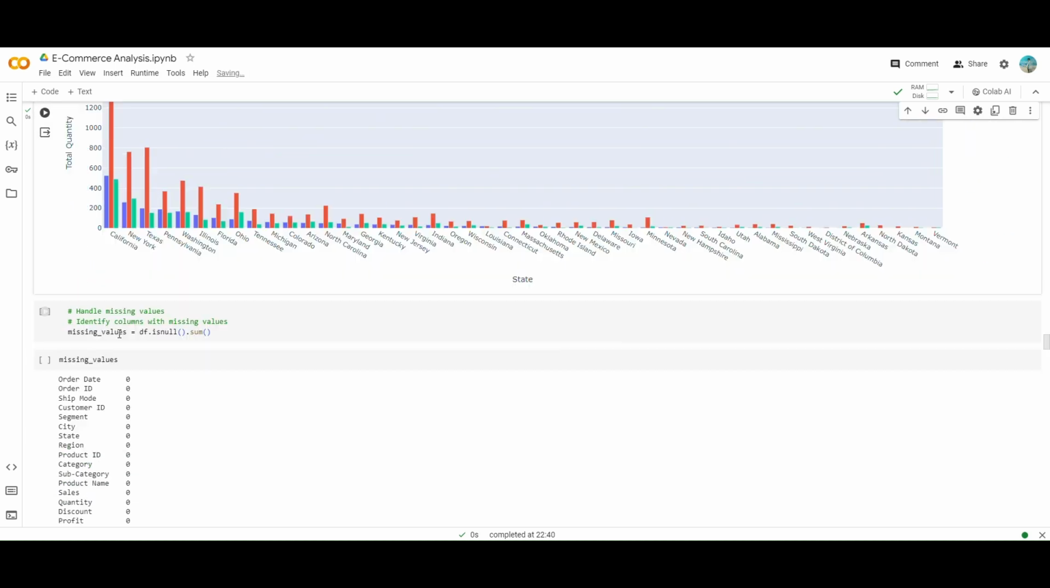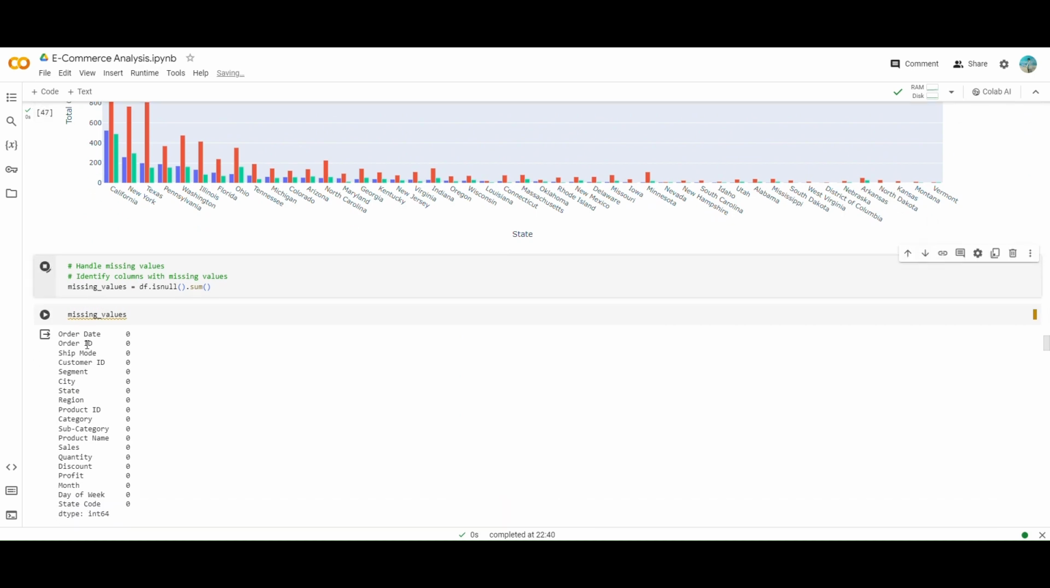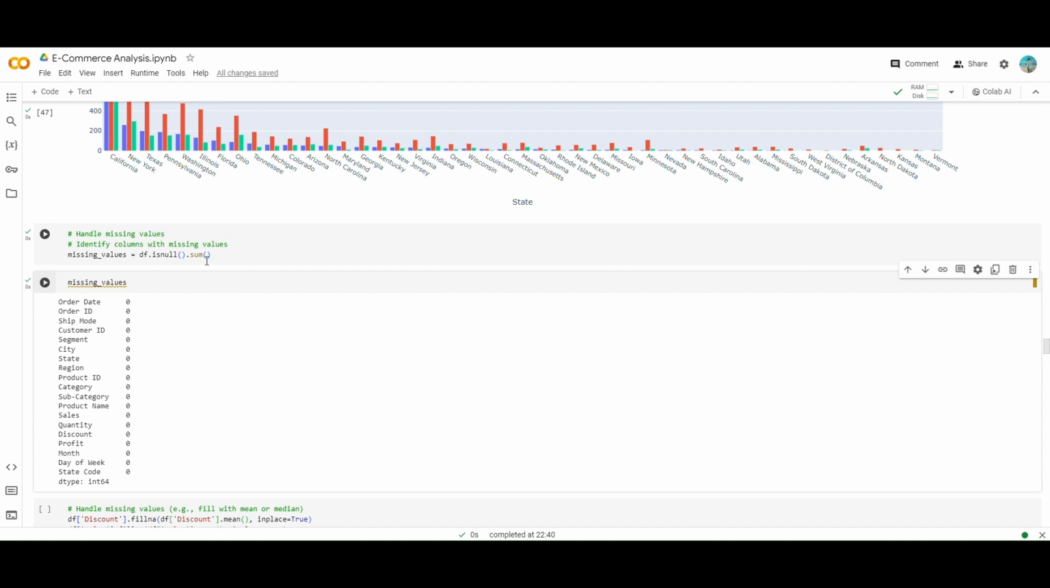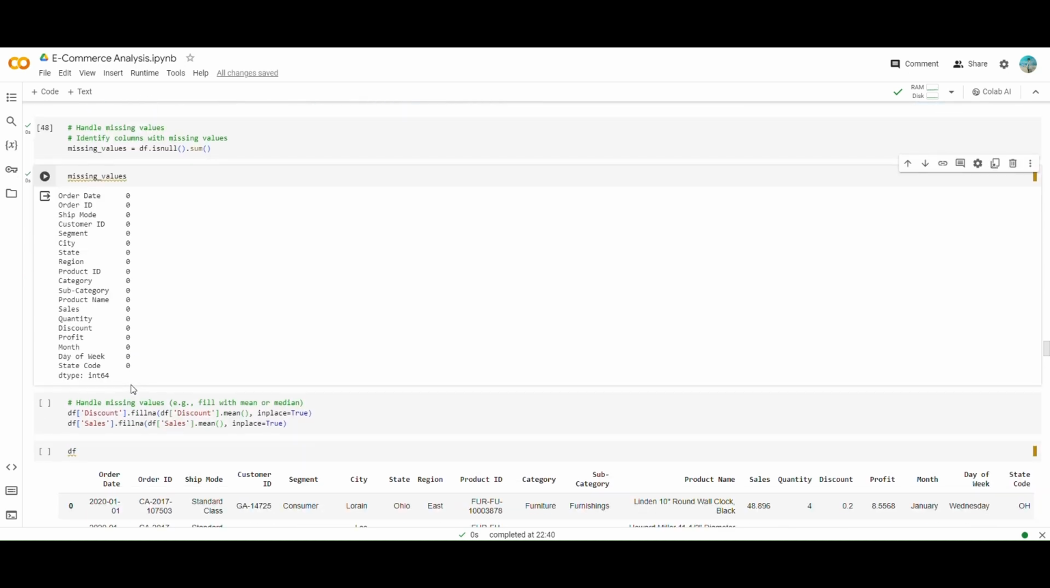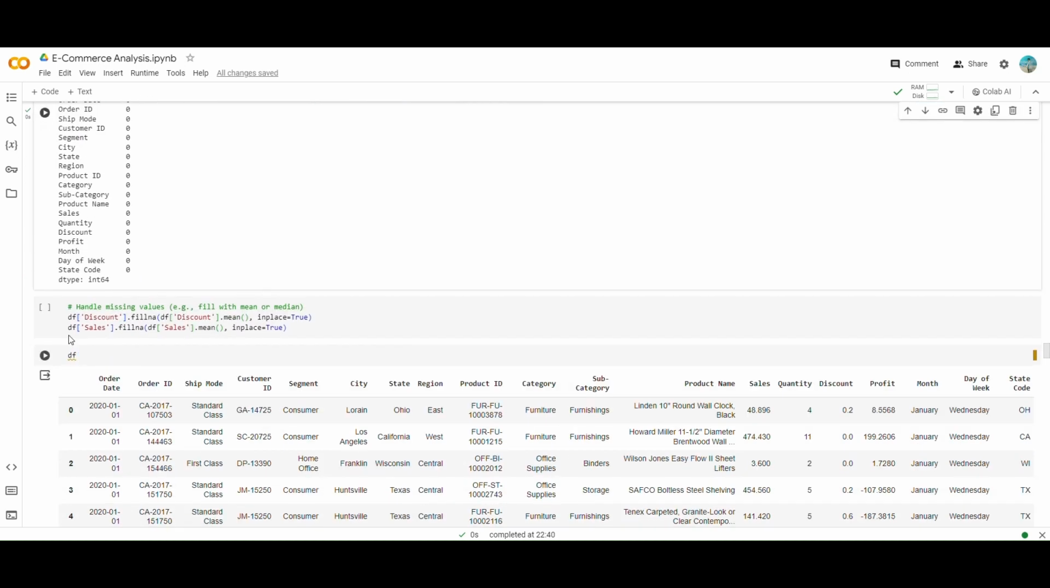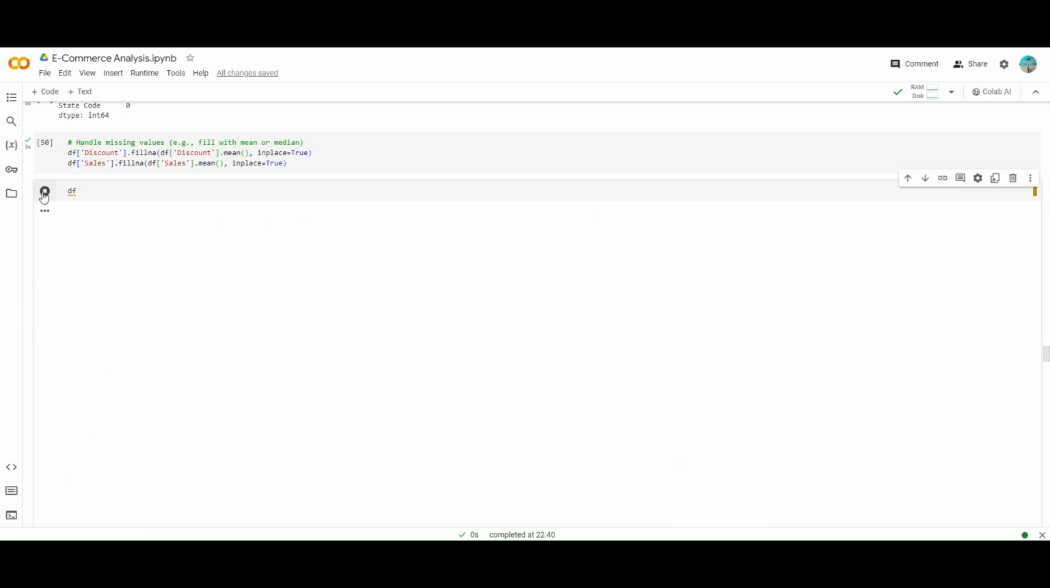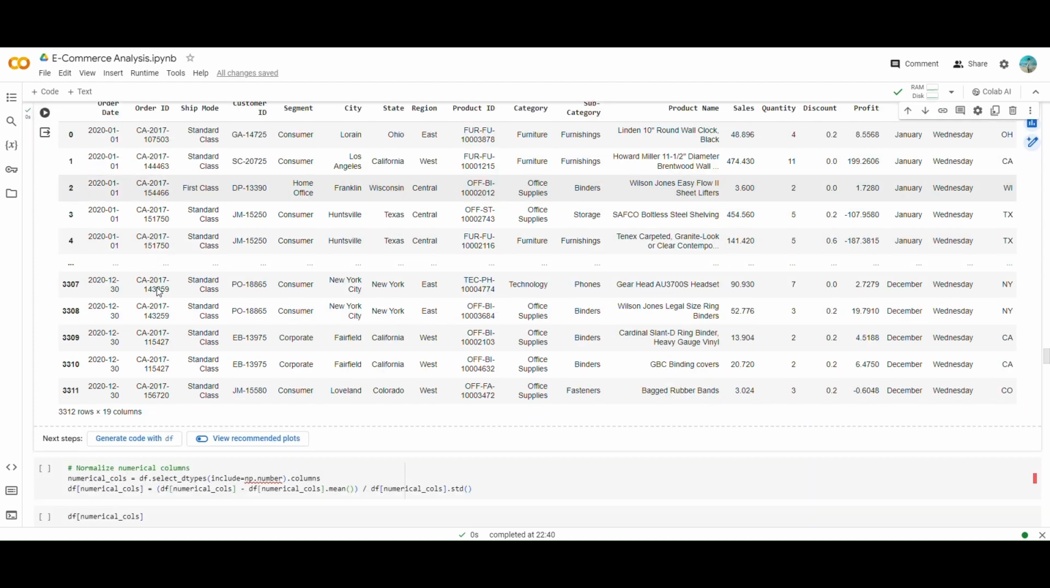And handling missing values. We want to handle missing values for the data sets. Here the missing values are summed, and the missing values are all 0. So we have no missing values. And handling missing values in discount and sales. Then after handling missing values, the data set